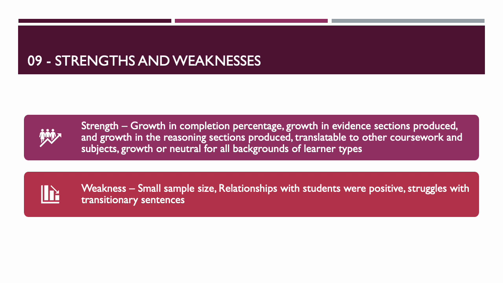There was also a struggle in the writing intervention when translating the visual separation of these different sections and putting them all back together, as their transitionary sentence structures were not as prevalent. That showed through the flow and coherence sections, which showed a lack of growth in comparison to the evidence and reasoning scores, because of the copy and paste nature of the sections coming together as a final product in that post-assessment. These transitionary sentences would maybe need a bit more work before utilizing it in a classroom.